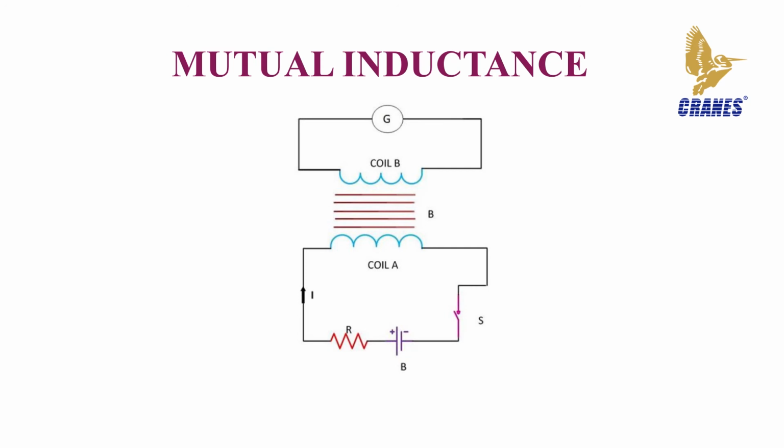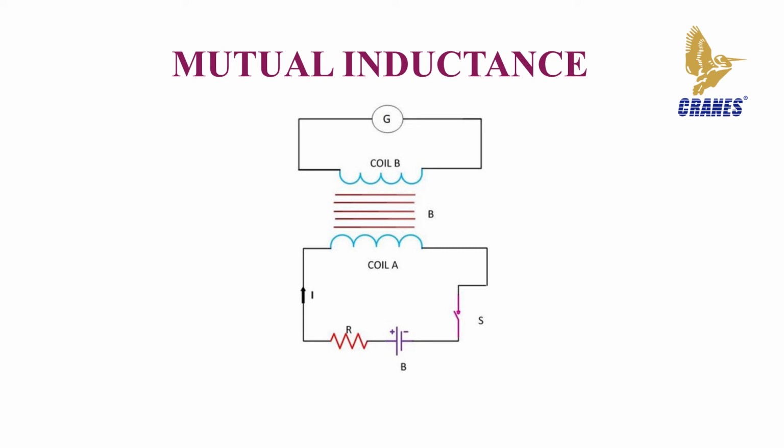Next, we'll look into mutual inductance. The mutual inductance between two coils is defined as the property of the coil due to which it opposes the change of the current in the other coil, or you can say in the neighboring coil. When the current in the neighboring coil changes, the flux sets up in the coil, and because of this changing flux, an EMF is induced in the coil, which is called the mutual induced EMF, and this phenomenon is known as mutual inductance. Let us now understand the phenomenon of mutual inductance by considering an example as shown.